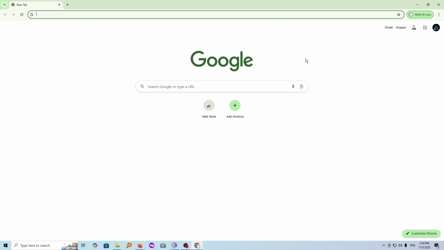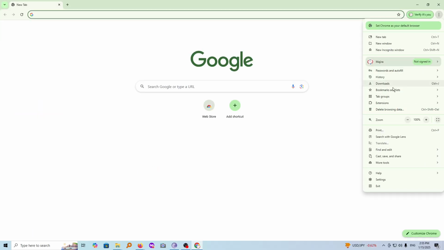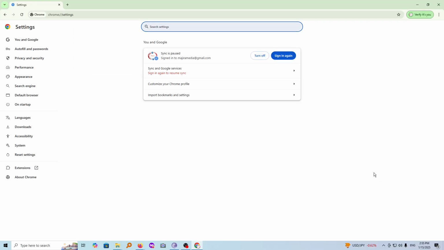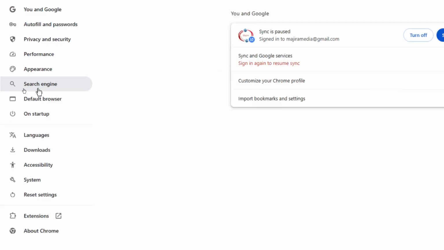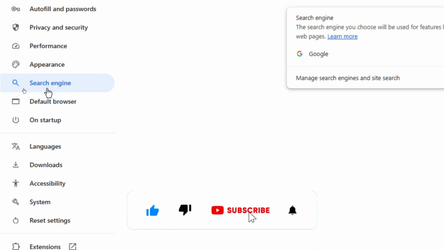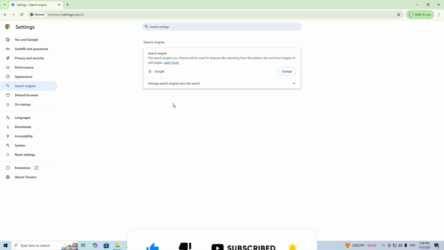To do so, just open your Google browser and then go to the three dots here on the top right and click on them. From here, scroll down to settings and click on it. So you want to go and look for an option called search engines, which is here, and this is what we are interested in. Click on it to open. This will take you to these settings. Alternatively, to get to this page, from